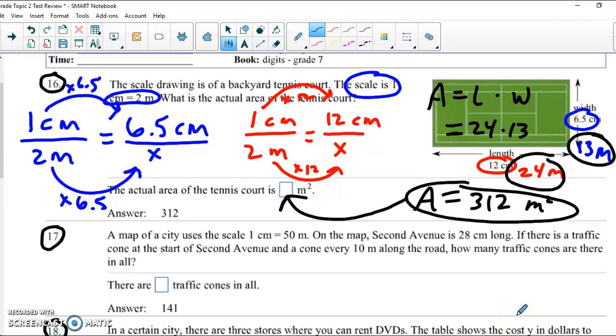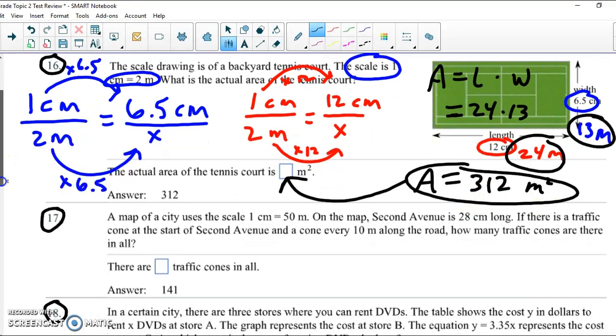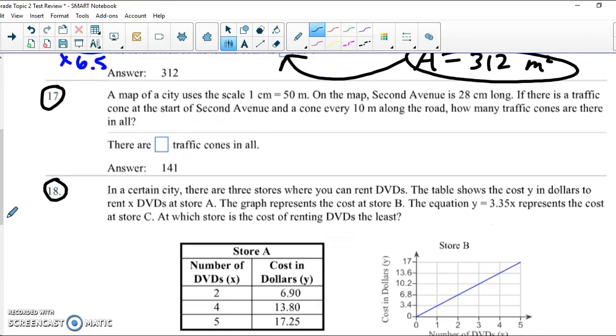So hopefully you saw that we found our length and width of the actual tennis court, and then we used our formula for area, which is area equals length times width, to find the area was 312 meters squared. But we're going to follow those same set of steps on 17 and 18 because again we're looking at a scale drawing. So we're going to start by writing our scale as a fraction, including the units, 1 centimeter per